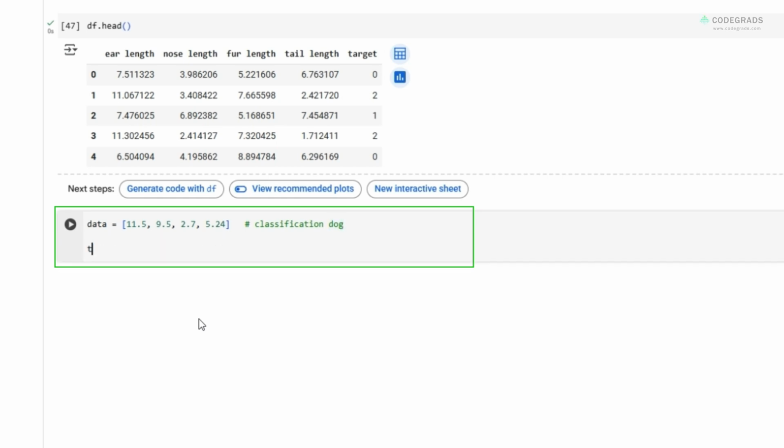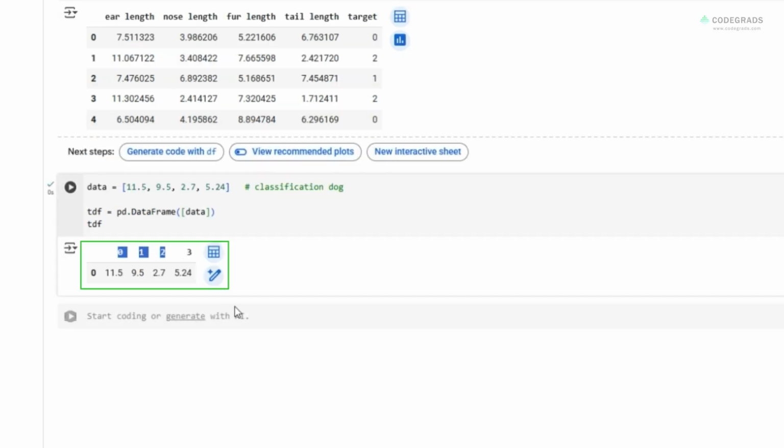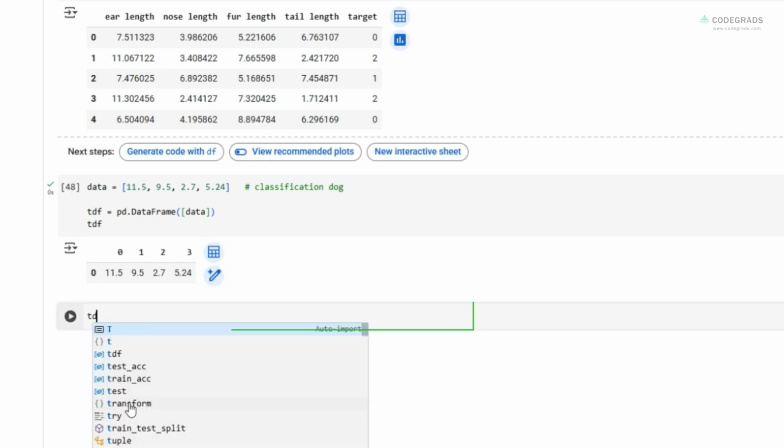What I can do is convert this data into a data frame first. So let's say pd.DataFrame, and since I'm passing a list, I'm just going to wrap the data in another list here. If I just see the TDF right now, this is what I'm going to get. So we don't know what is what, so I want to rename these columns here. I'm going to say TDF.columns